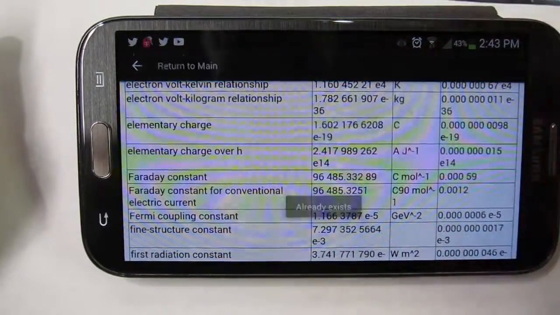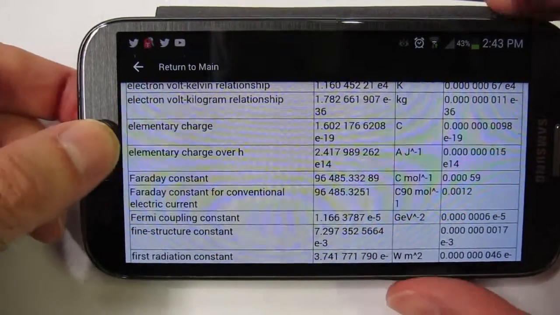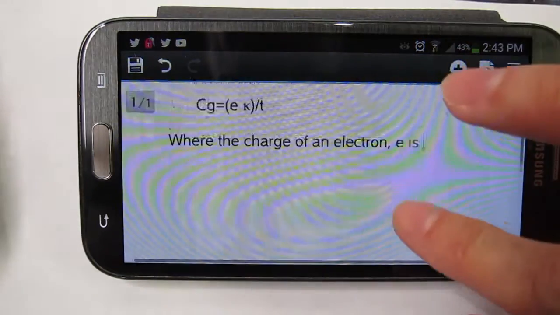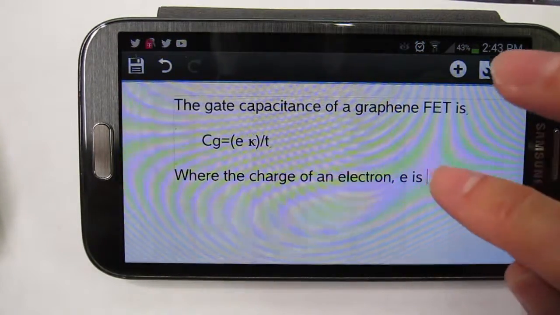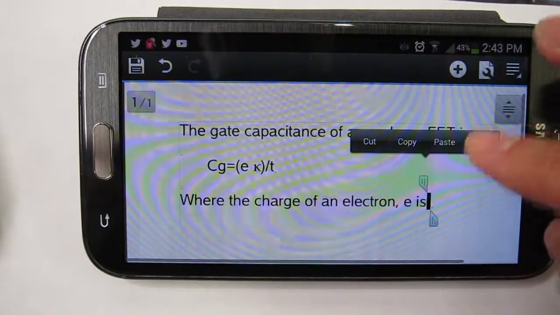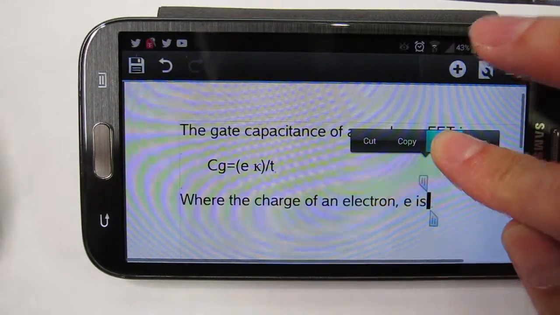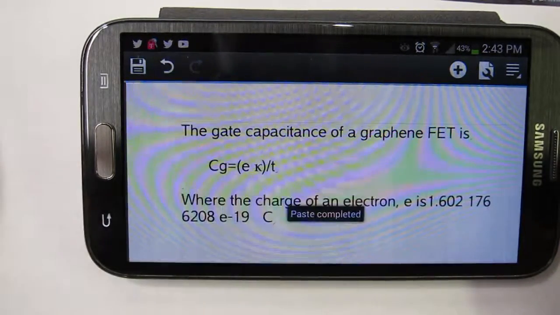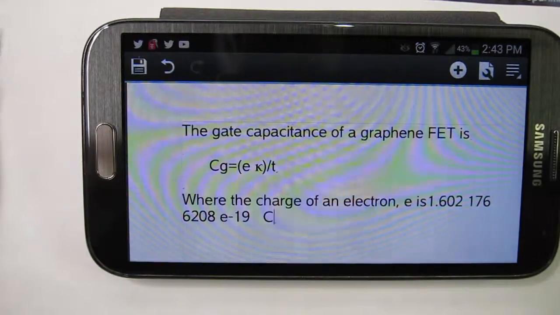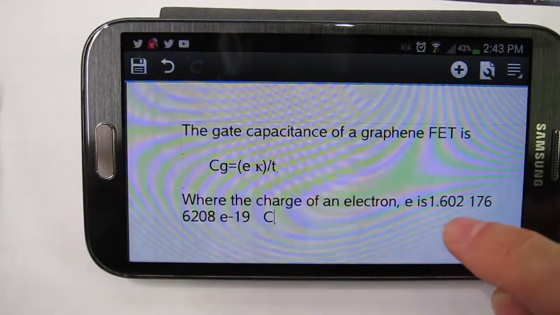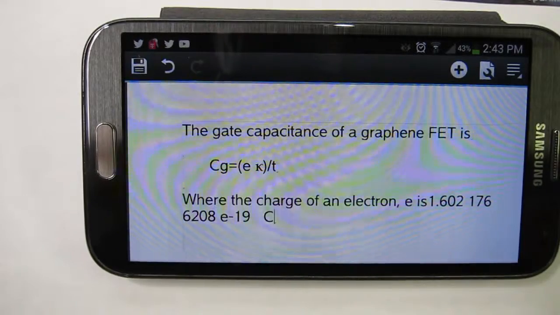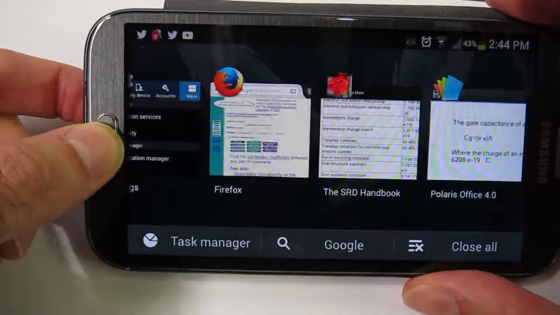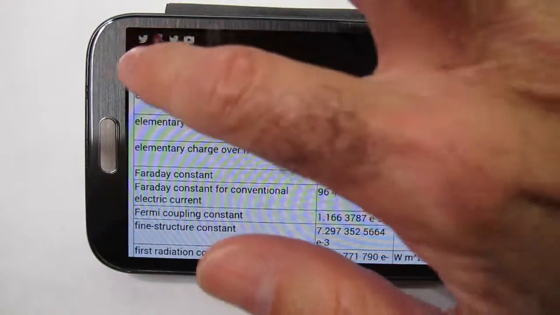So now I hit copy, and then I'll switch over to my document, and I hold my finger down, and then I'll say paste, and then I'll select my clipboard copy, and then you can see that I've just pasted in the charge of an electron into my equation. So then when you're done with that, you can switch back to the application and go back to the main